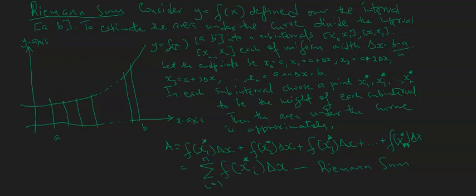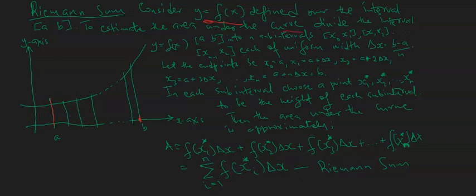In this video, we shall look at the Riemann sum as a way of estimating the area under the curve. So we want to consider the function y equals f of x defined over the interval [a, b], that is from this point a up to b. Now, to estimate the area under the curve,